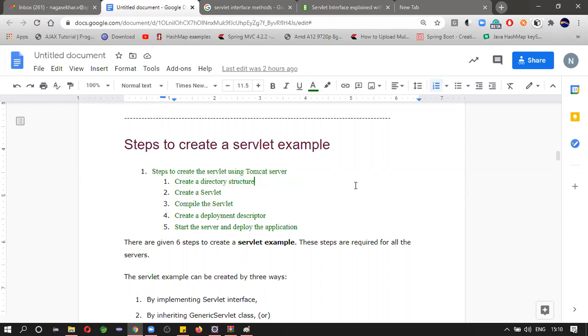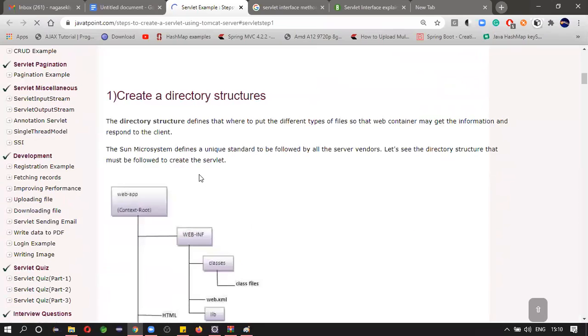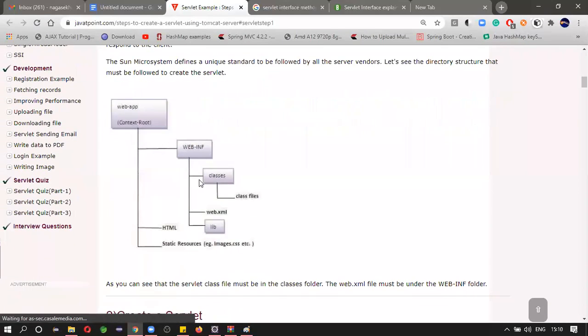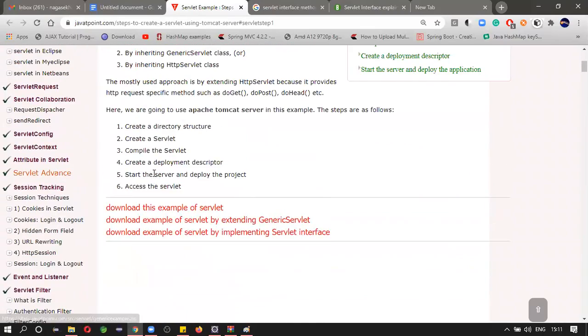I will show you the basics here, and I will show you with Eclipse. It is very important. You need to understand the importance of this structure.